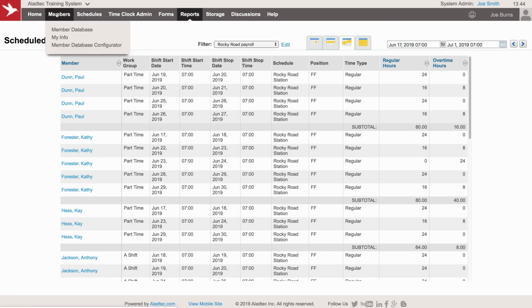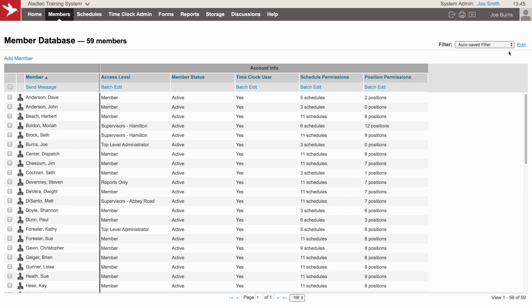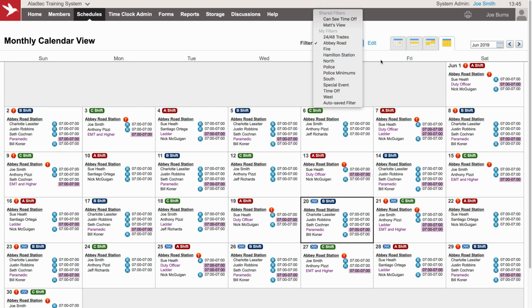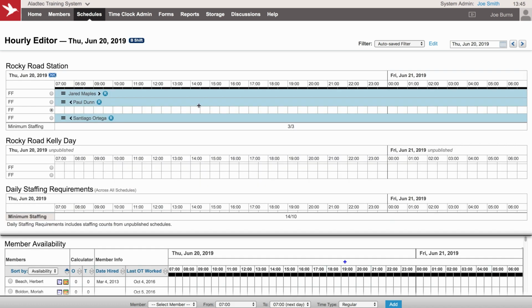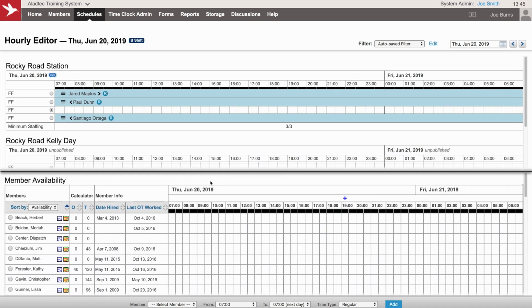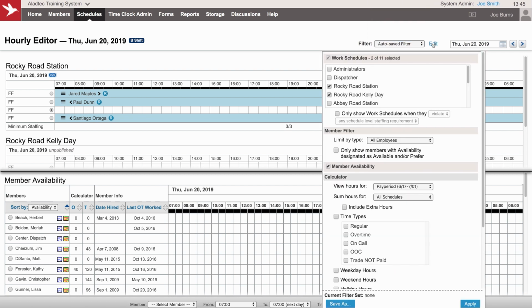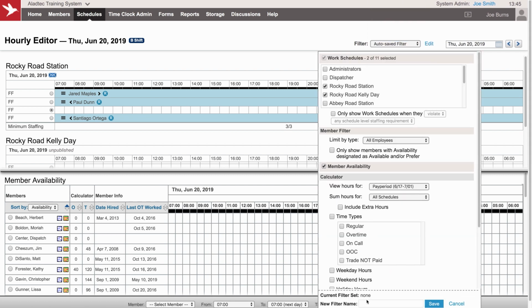And again, this could be from, say, the member database, the filter sets in here, from the schedules, the regular views. Any of these would be able to share those across. In the hourly editor is another excellent example where a lot of detail can be set here along the member availability section, things such as calculators, member information. Maybe you're tracking overtime dates and you need to get that updated, and you want your other admins to have the same access to that same information so that they're all looking at the same thing. That's where you're saving those shared views, and we can certainly do that from here. Just to show another example,